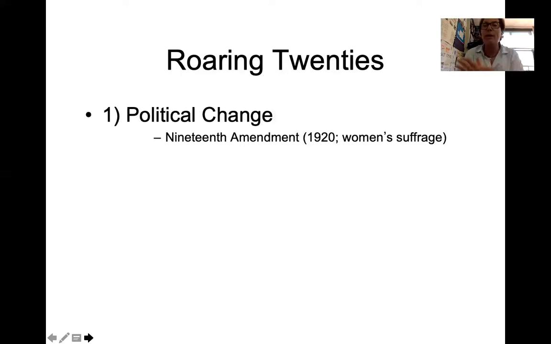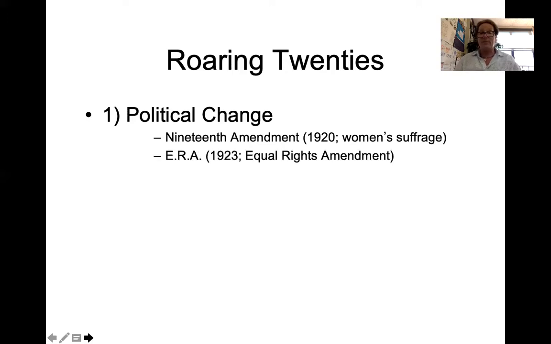So, for example, one of the biggest political changes that's going to really change, no pun intended, women and their role in American society is what's called the 19th Amendment. The 19th Amendment, of course, was ratified first by Congress, a 2/3 vote in both the House of Reps and the Senate. And then you need at least 2/3 of the states to agree to ratify it. And in 1920, the 19th Amendment becomes part of our Constitution. And what the 19th Amendment did, and you should draw a line off to the side, suffrage means giving women the right to vote.